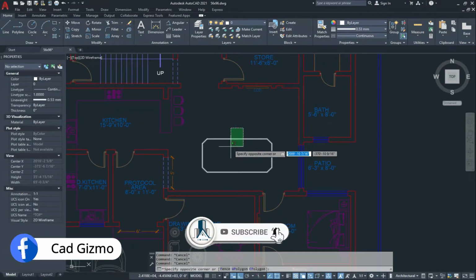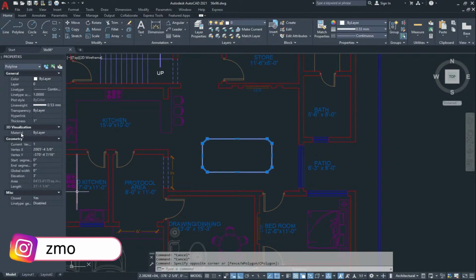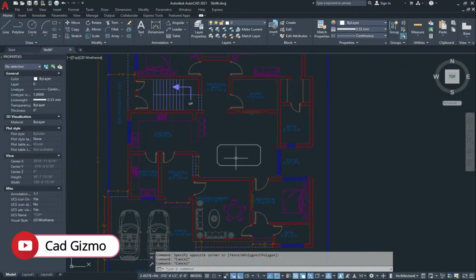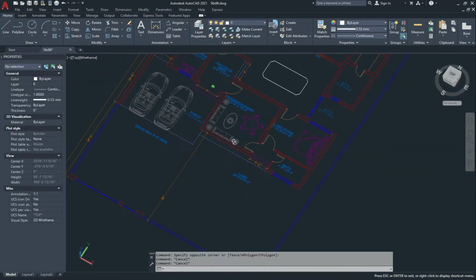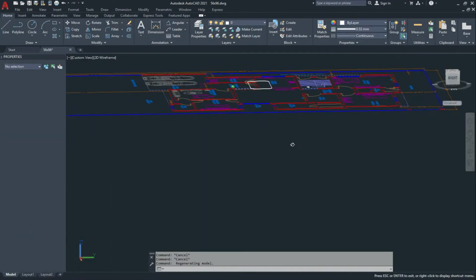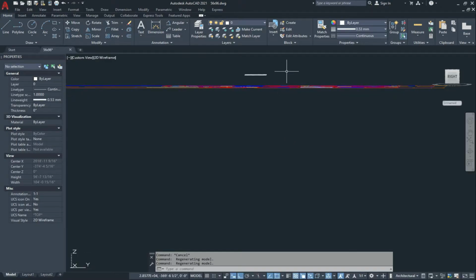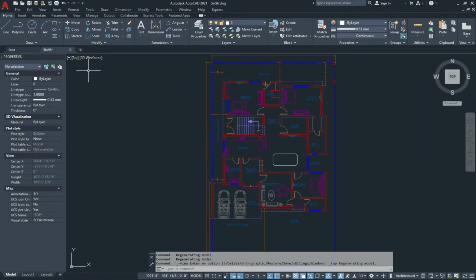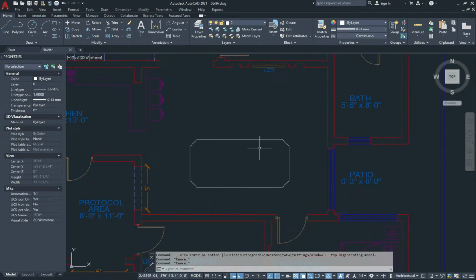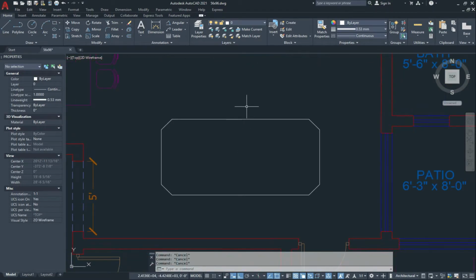If I select my rectangle, here in the properties you see the elevation point, the Z value is 3 feet, and to check it, if I use the orbit, here you can see our rectangle is 3 feet up from the plane. To go back, click on top. So in this way we can make our rectangle with an elevation.